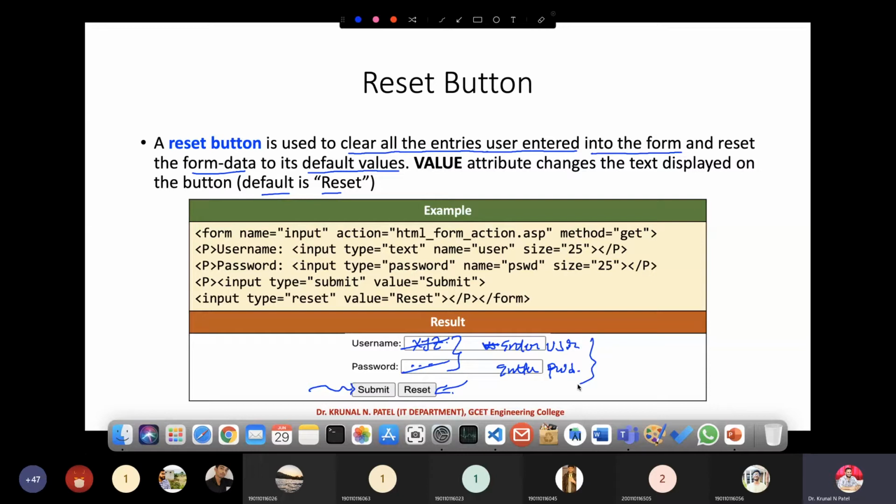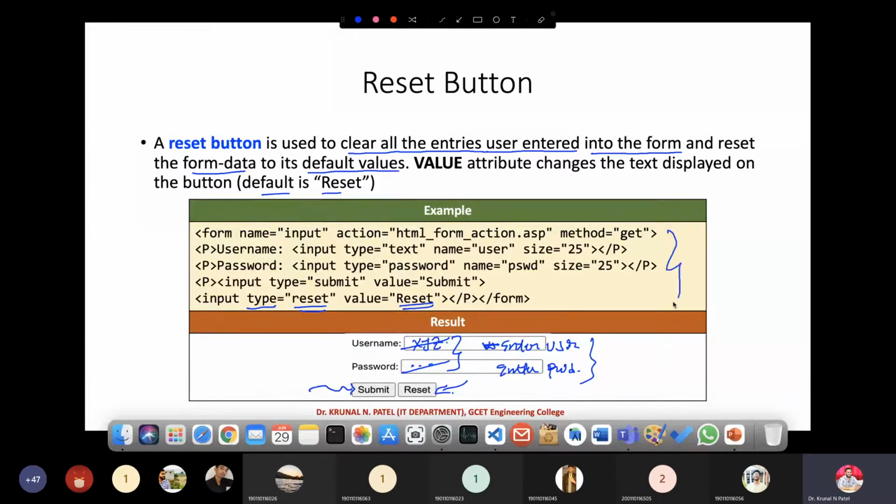So here in this example, you can see that we have defined reset like this: type is equal to reset and value is equal to reset. Okay, so this is the example for the reset button.